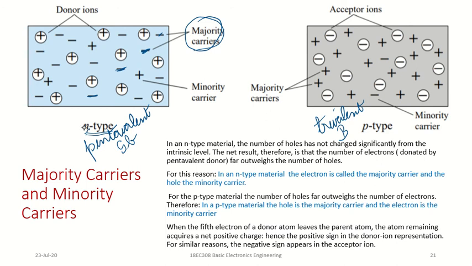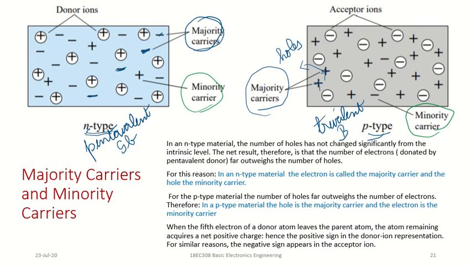Similarly, in a P-type semiconductor, each atom will have a shortage of electron, or I can say a vacancy of electron. This vacancy is a plus. This plus is nothing but holes. So in a P-type semiconductor the majority carriers are the holes, right? Then, due to temperature and other factors, the majority carriers in N-type are electrons, and the minority carriers are positive holes. In a P-type semiconductor, the minority carriers are electrons.